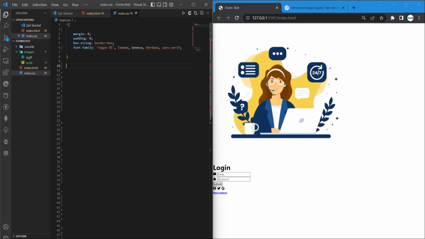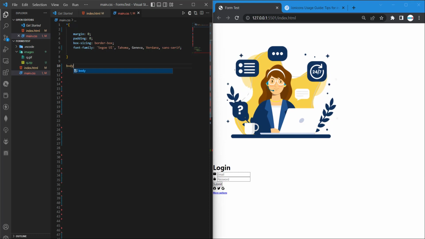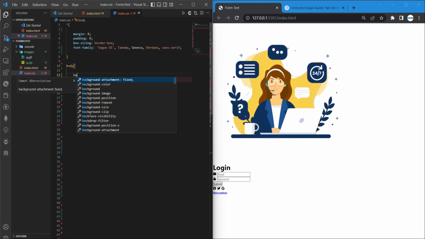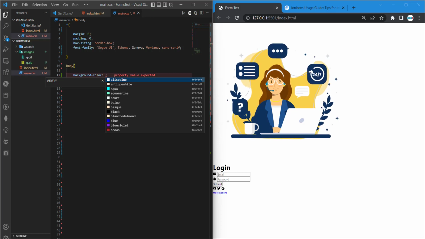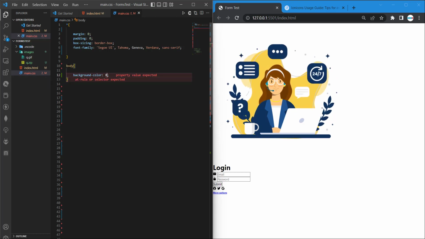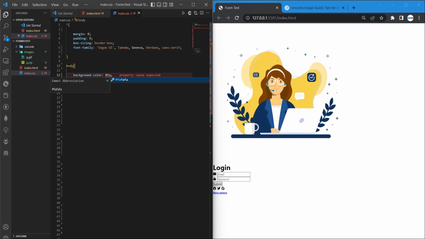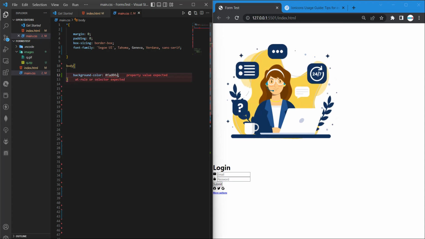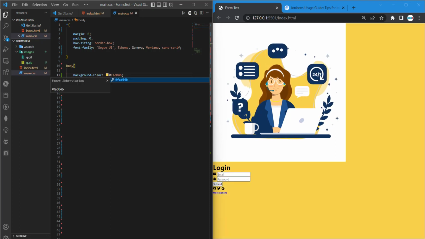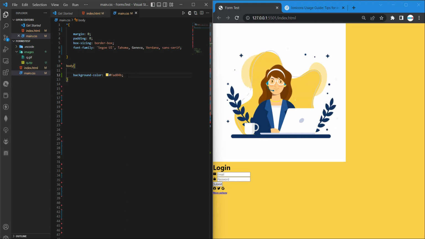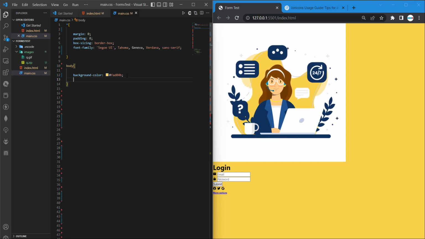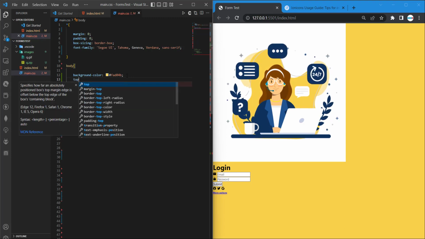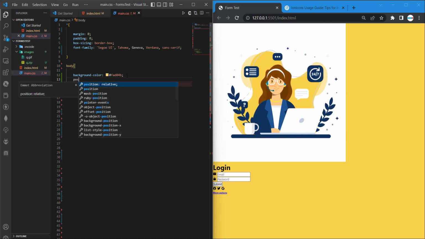Now let's work on the body. For the body, we'll give it a background color of, let's use FAD04B. So there's the color we want, FAD04B. And now we'll give it a top. First, let's use position absolute. We are trying to center our